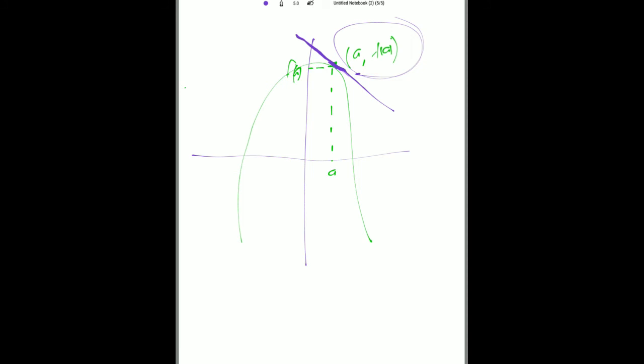So what is happening here is that we don't want to find the rate of change between 2 points. What we want to find is the rate of change at a single point, (a, f(a)). So we're going to call that the instantaneous rate of change. And in order to find that now,